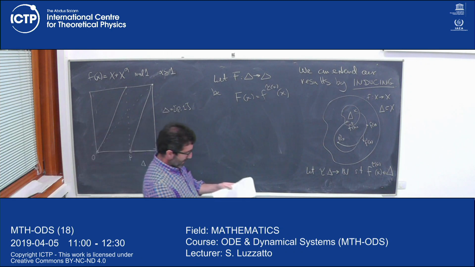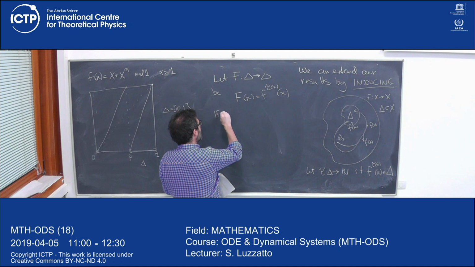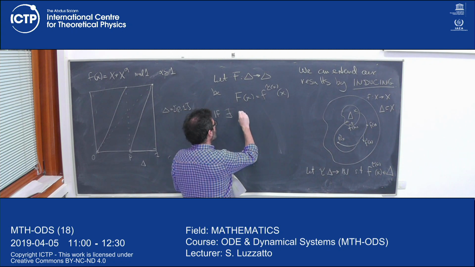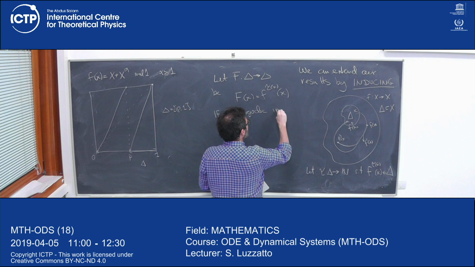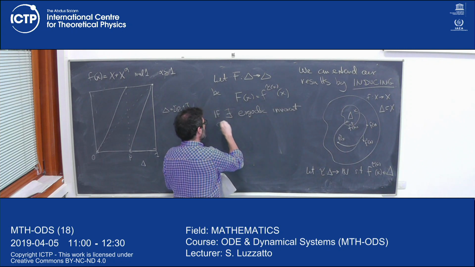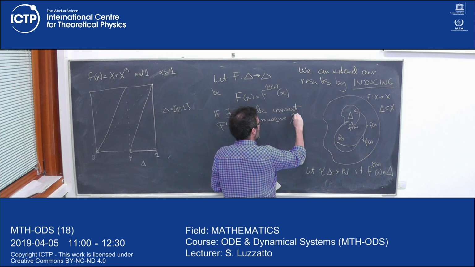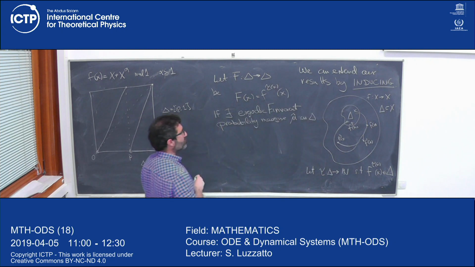What we're going to show later, let me write it down informally, is that if there exists an ergodic invariant probability measure mu hat, invariant for the induced map big F, on Delta,